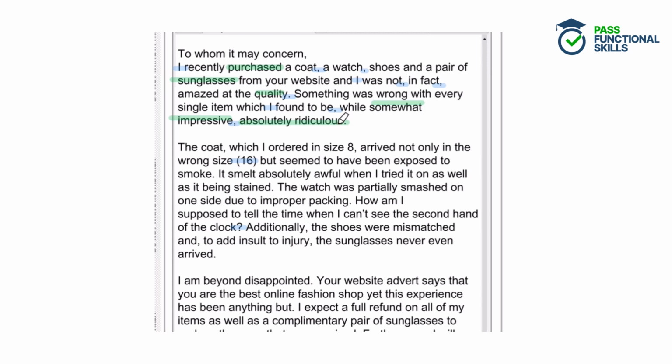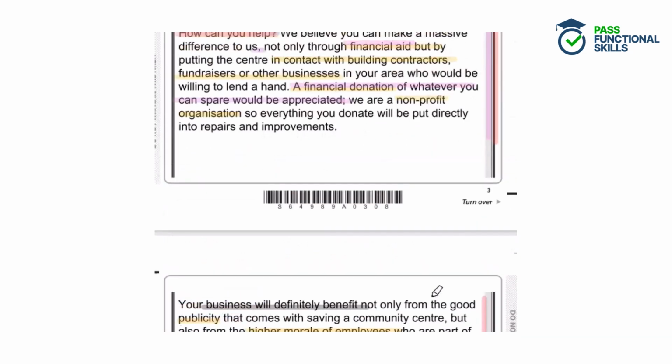And if you use longer words in your answers, then you will get some extra points for spelling using specialist words. But make sure that all of your simple words are spelled correctly. Practicing your spelling is really, really important before your exam because it's quite a significant chunk of your marks goes into spelling. So if we have a look at the mark scheme, we can see